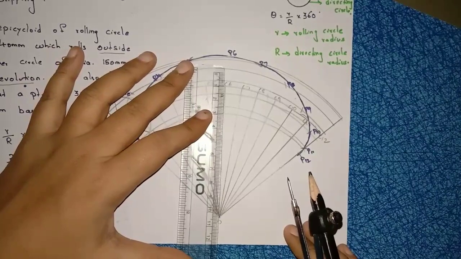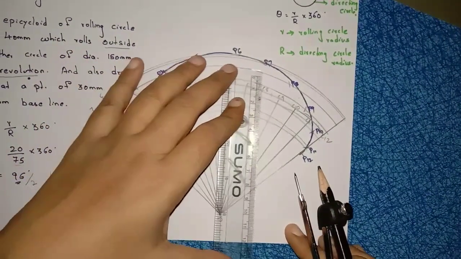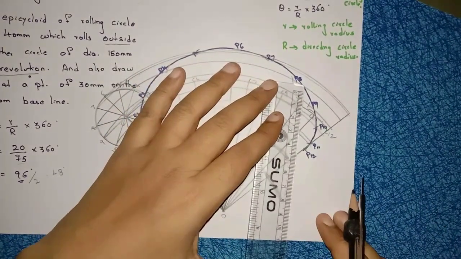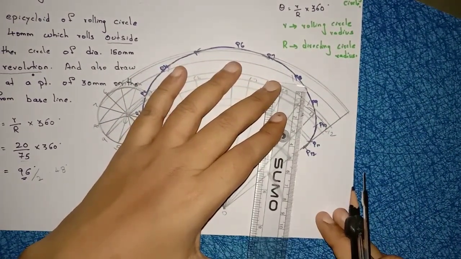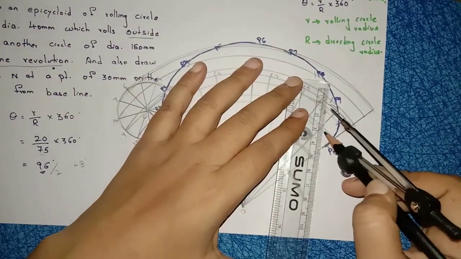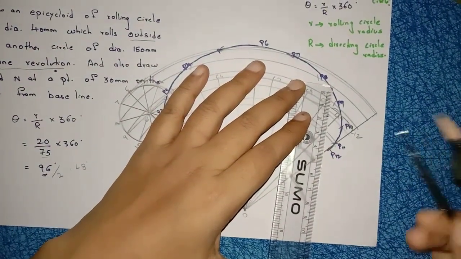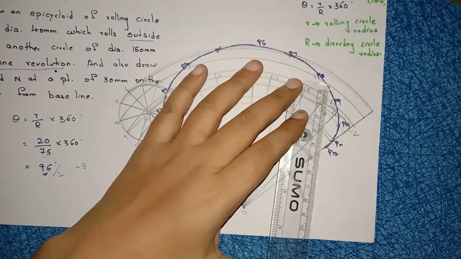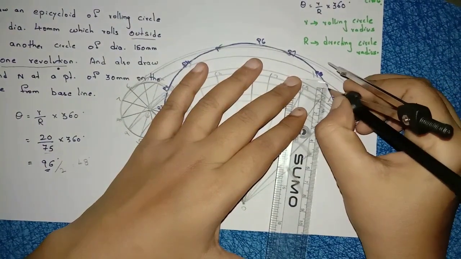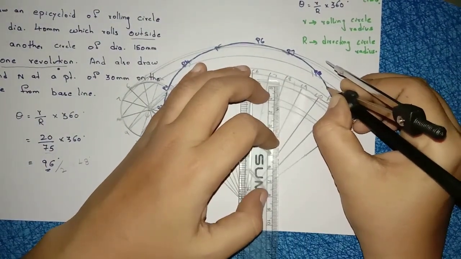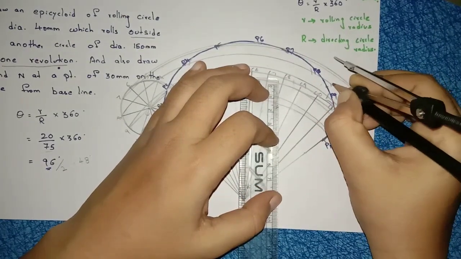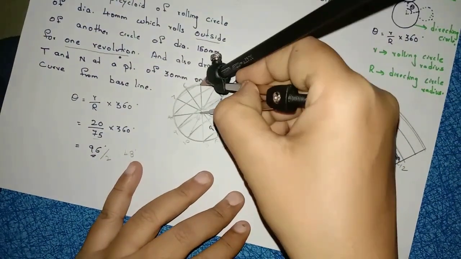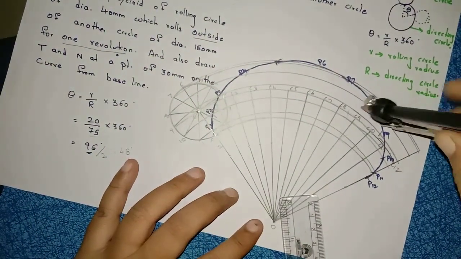This line is a 90 degrees line, no? So exactly 30 mm should touch on the baseline, and see where 0 touches on the curve. See here, 30 is on this baseline, and 0 is on the curve. Right? So mark the point, name it as P. After that, take the radius of the circle from P, draw the arc.